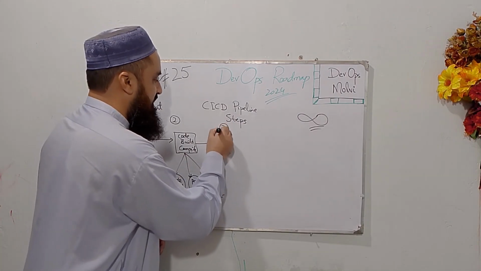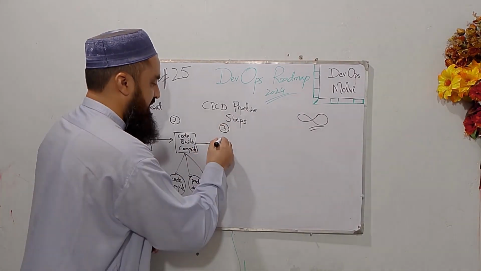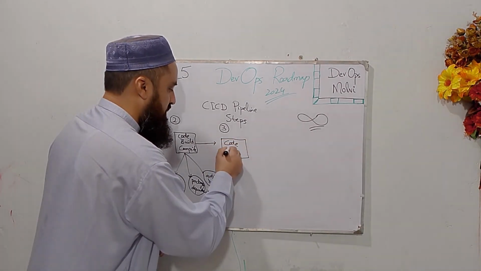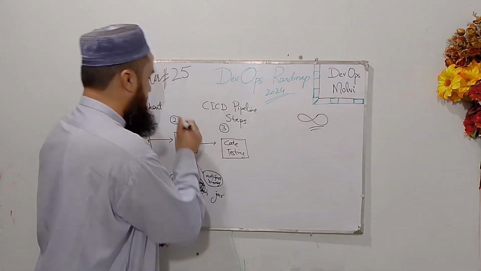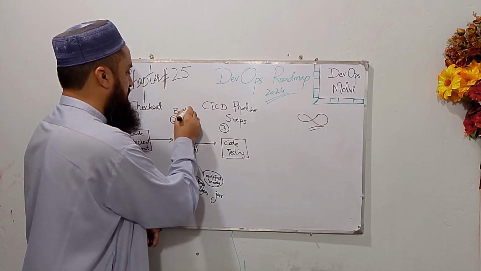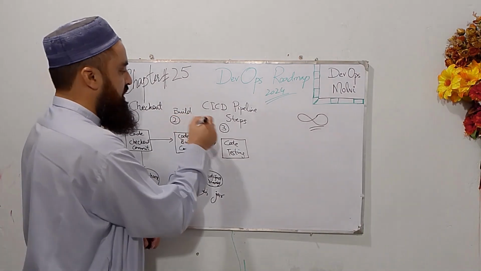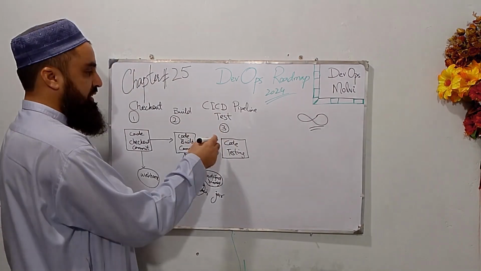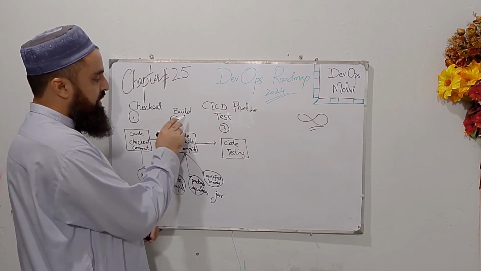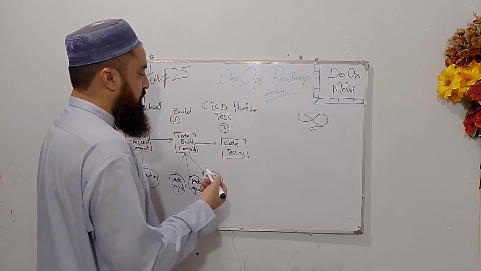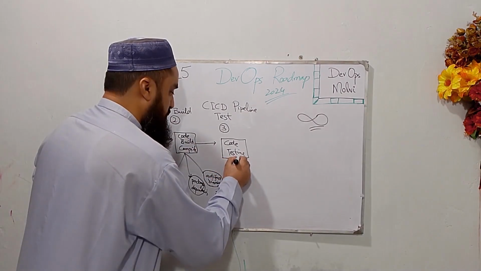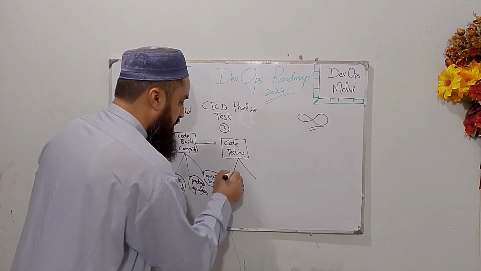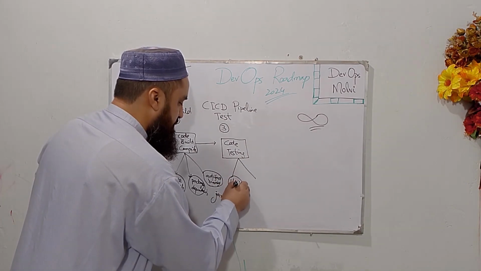And what is that third stage? It is code testing. This is build: code is checked out, code is built, and now code is tested. So we are on our third step: check out, build, test. Now what do we mean by code testing? It is also subdivided into unit tests